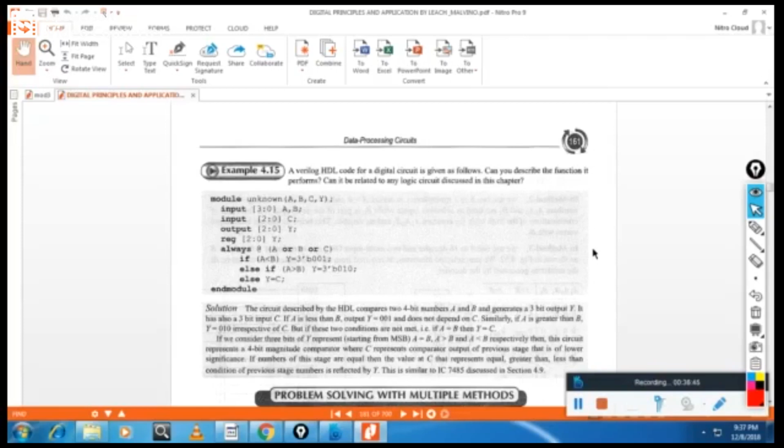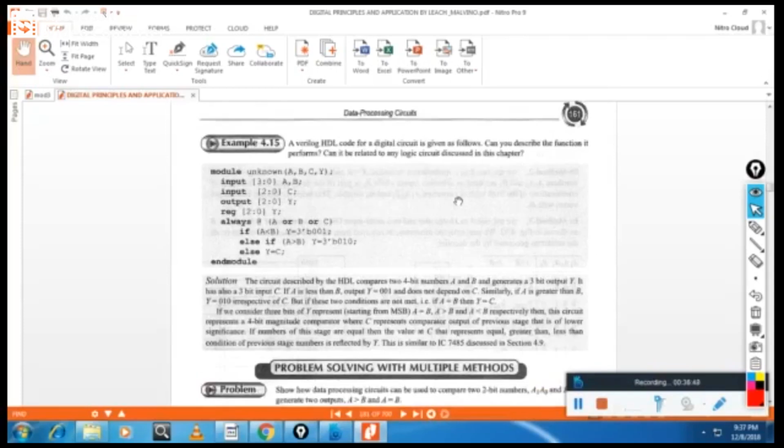So here a Verilog code for a digital circuit given below. Circuit is given like inputs are A, B, C and output is Y. When A is less than B, it should display something like this. Else if when A is greater than B, it should display something like this. Or else Y is equal to C, it has to display something like this. For that, this is the code.